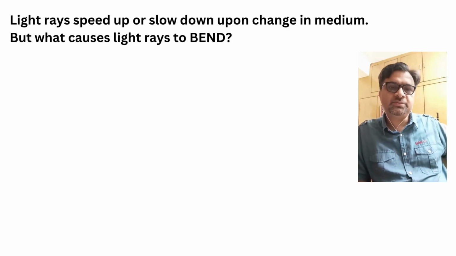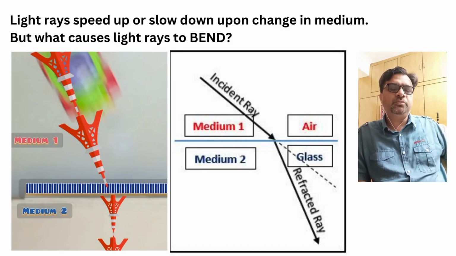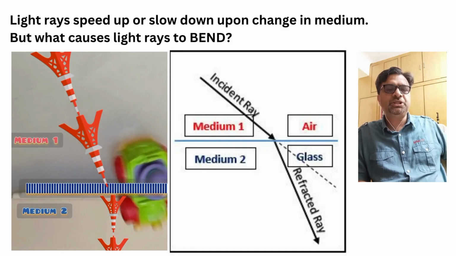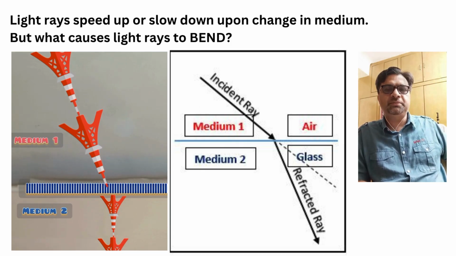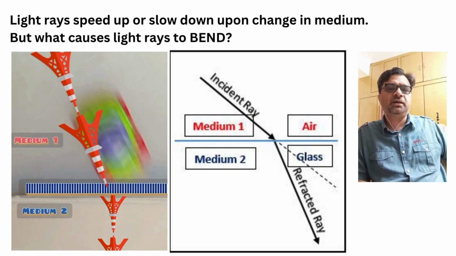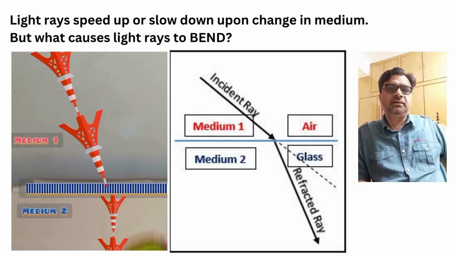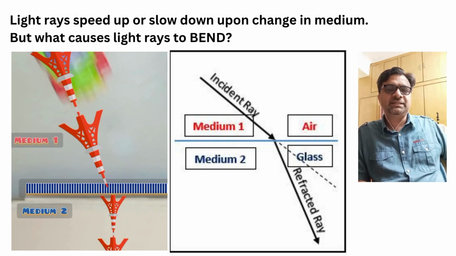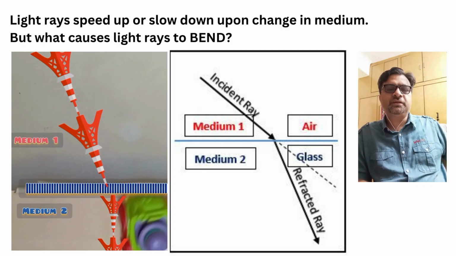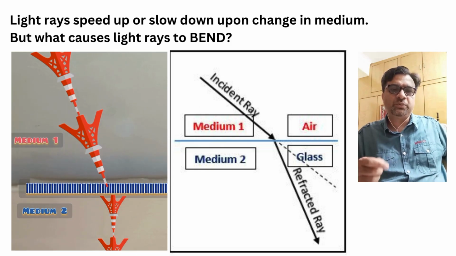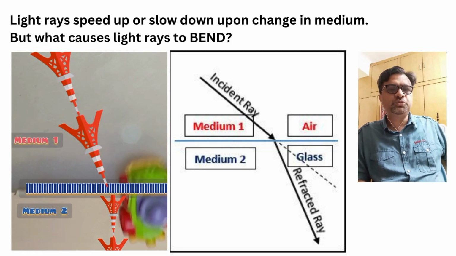Let us understand this with a car analogy. Let us imagine a car moving from medium 1 to medium 2 at a certain angle. So there are two things to consider here. Medium 1 is one where the car travels faster, and the car hits medium 2 at a certain angle. Now in this case, the right wheel of the car, and we are assuming the right wheel to be the one which is to the right of the driver,